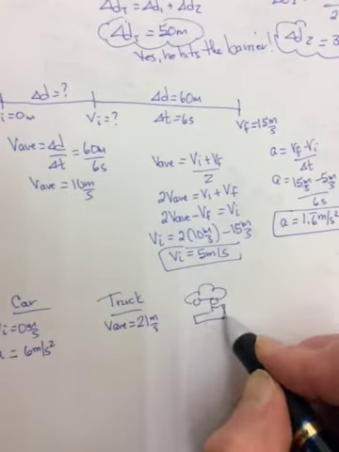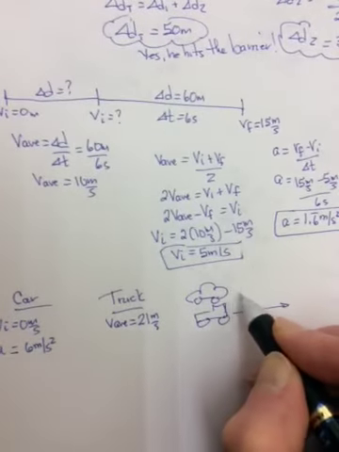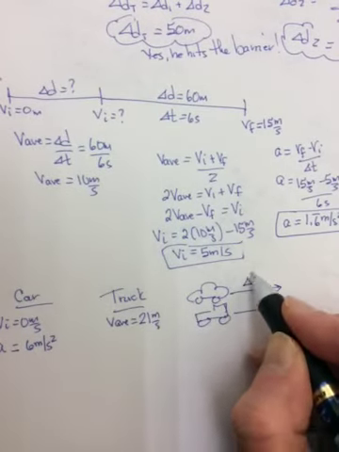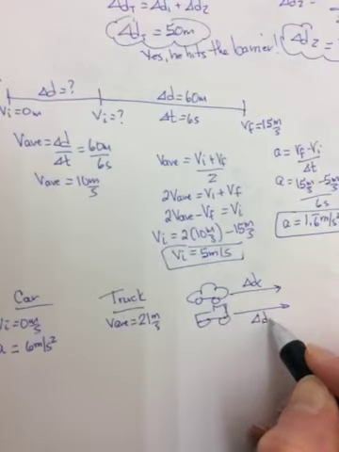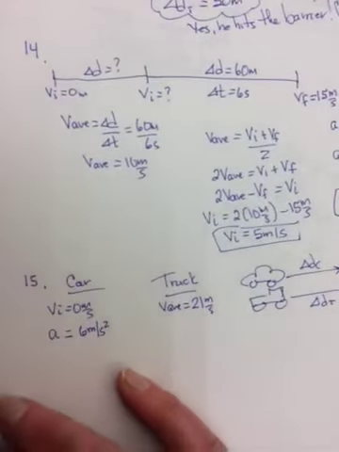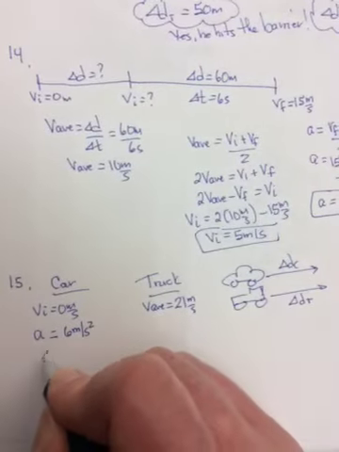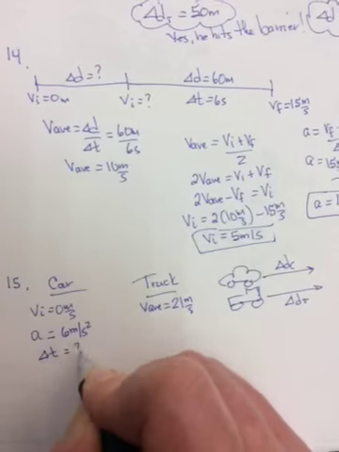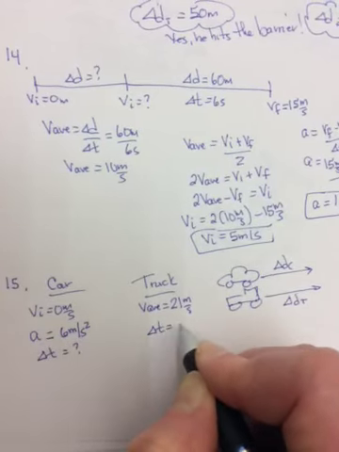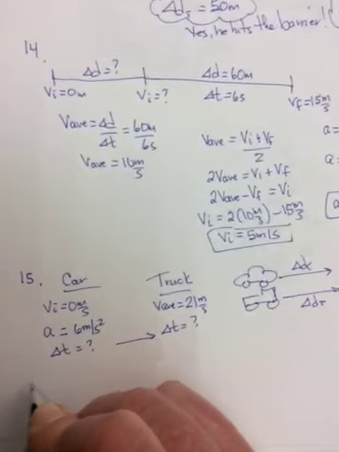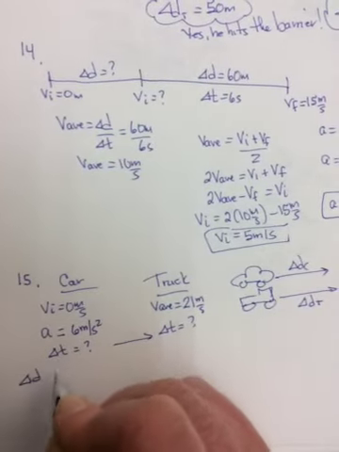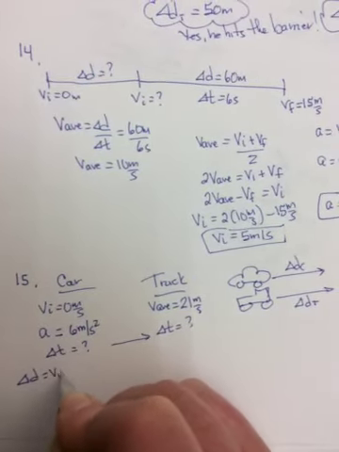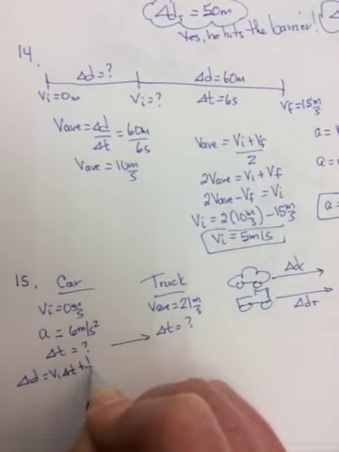Okay, so here's the truck, here's the car. In the end, when the car catches up, the 2 delta D's will have to be equal. Okay, and the 2 times will be equal. So we don't know what this time is, but whatever it is, this one is the same. And we can get an expression for this delta D. It's going to be VI delta T plus 1/2 A